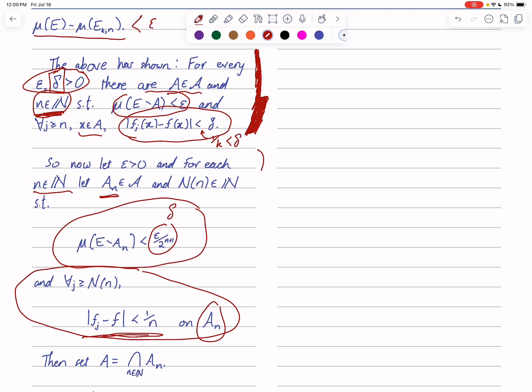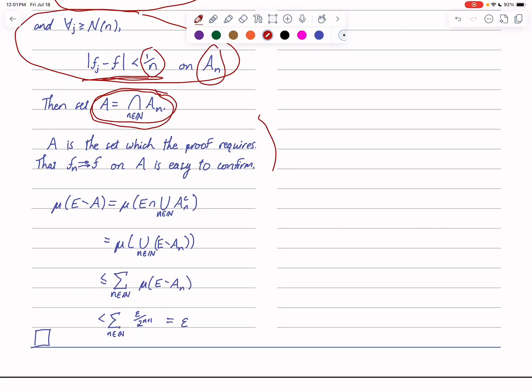And now finally I can tell you what actually is that set A, the actual A from the main claim that we're trying to prove. A is the intersection over all of these A_n's. That should hopefully make sense because they continue, with n growing large, the separation grows small, and so in a sense, in the limit, the separation becomes as small as you want.